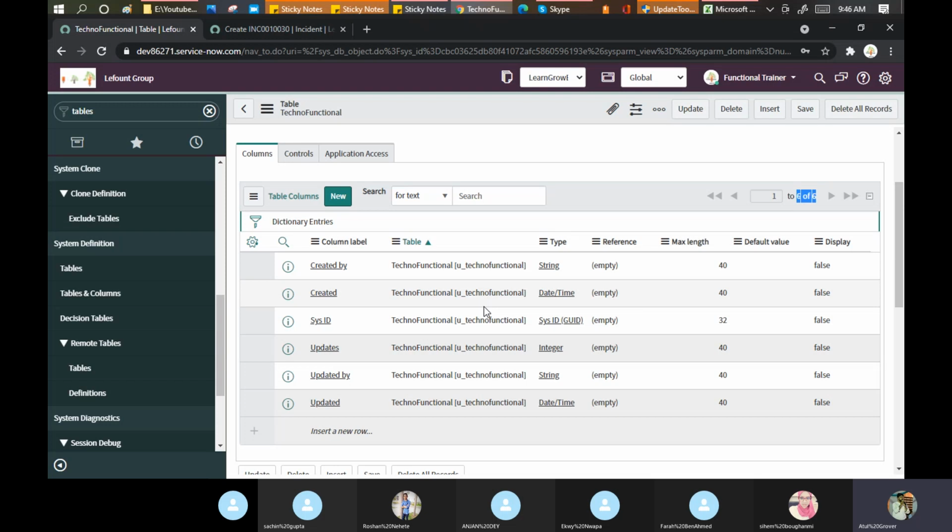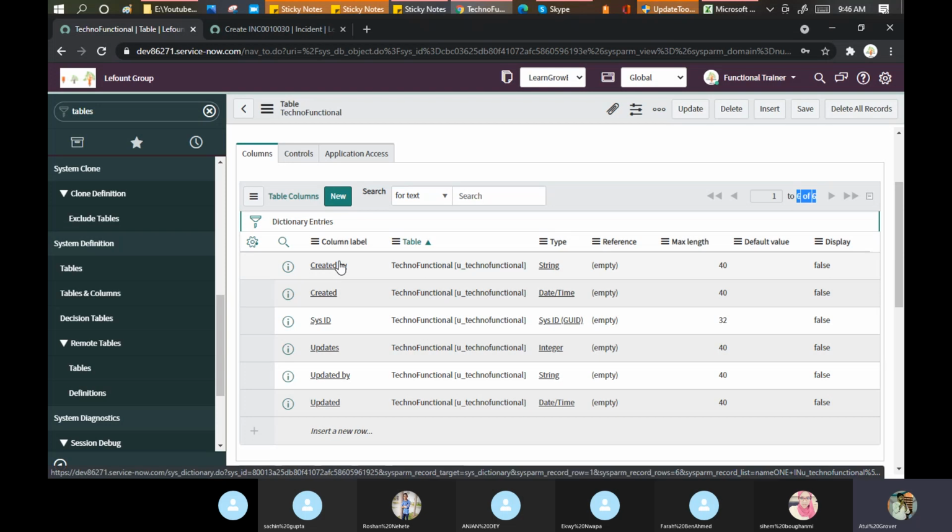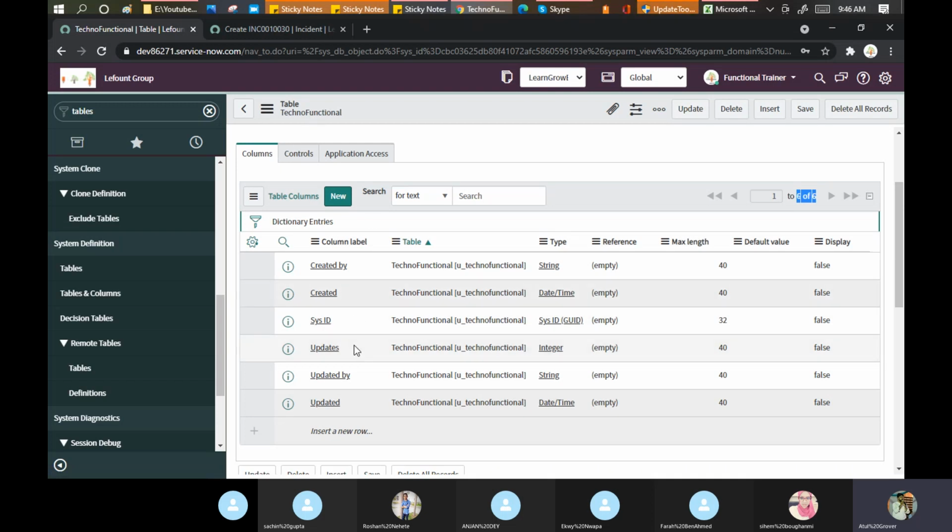Not only for the table, these 6 fields will be created for every record automatically. Created by, who created this. Created, when it was created. Sys ID, what is the sys ID of this particular record. Updates, it is an integer showing how many times it has been updated. Updated by, who updated this, and updated, when it was last updated. So these 6 columns will be created out of the box in every table, and every record.